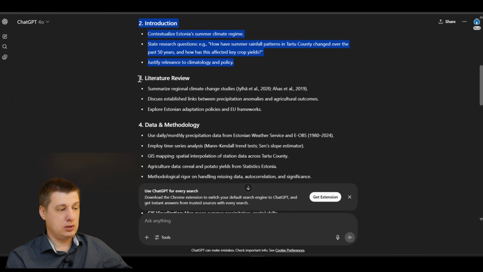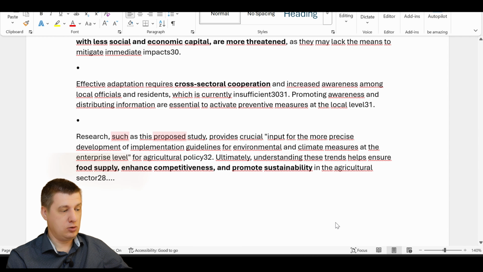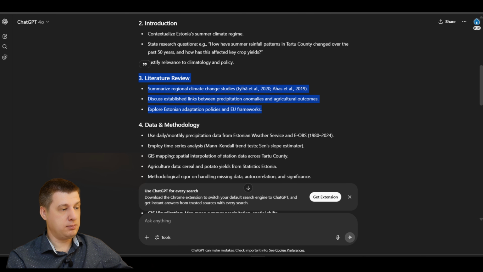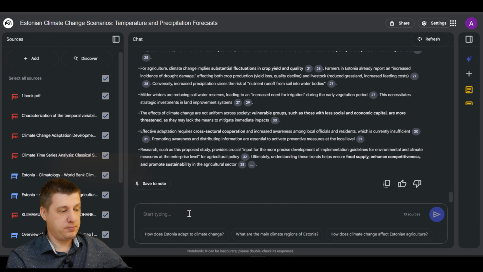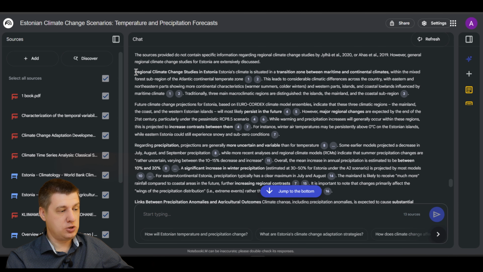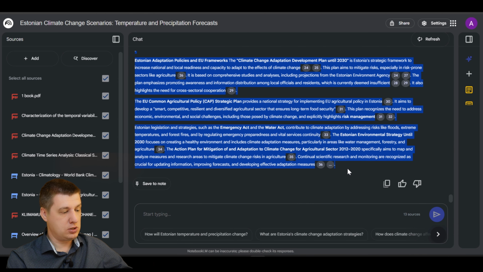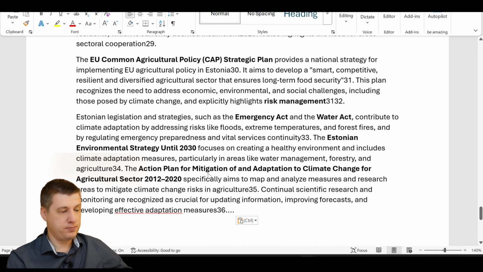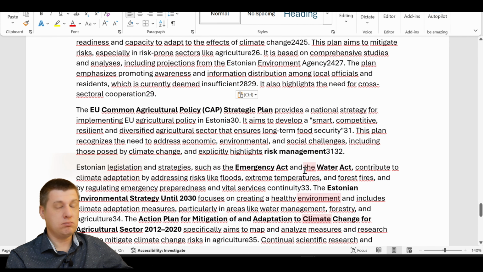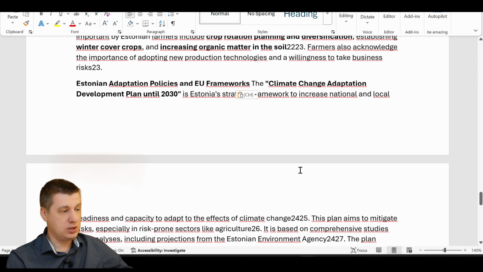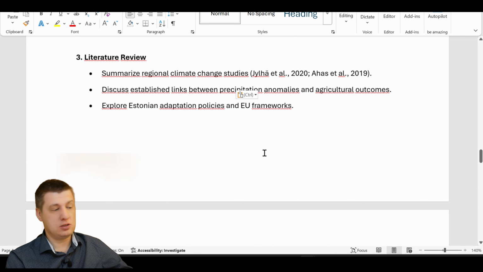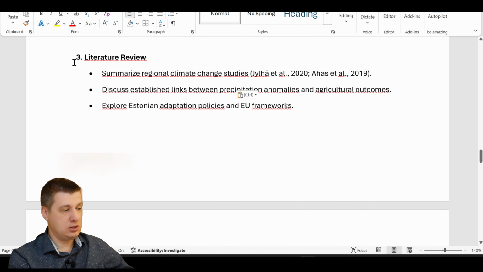And for the third point, again, we just copy it, go back to the Word document, and additionally paste it into Google LM. So here we have additional information. We take it and put it here in our Google Docs. So we can continue this practice to get our full text, but as we see, this text is not connected. For this, we just save